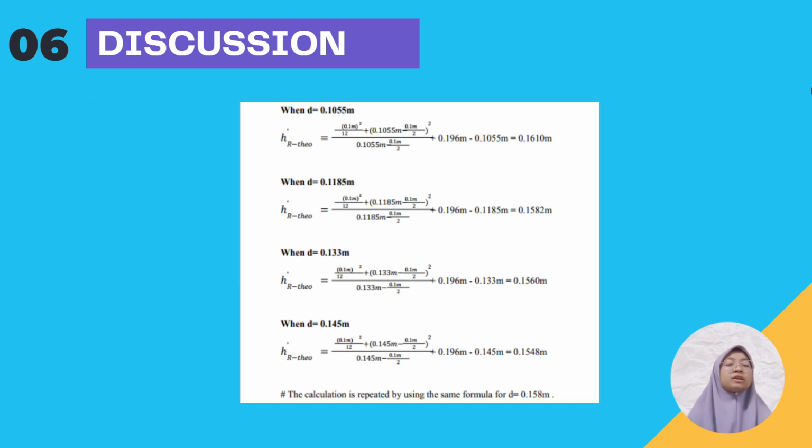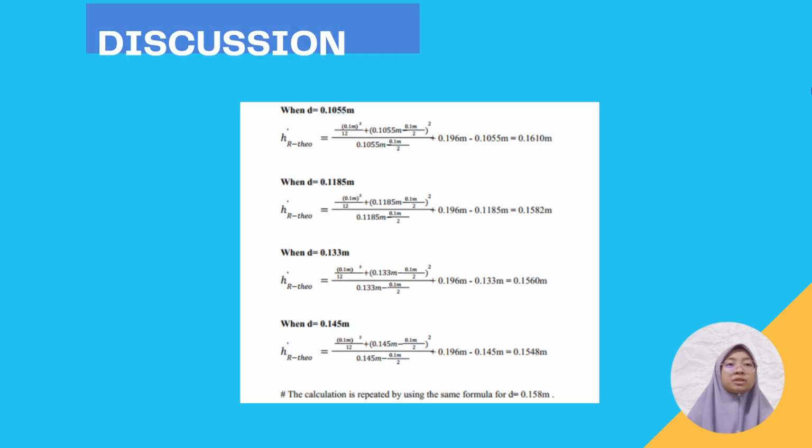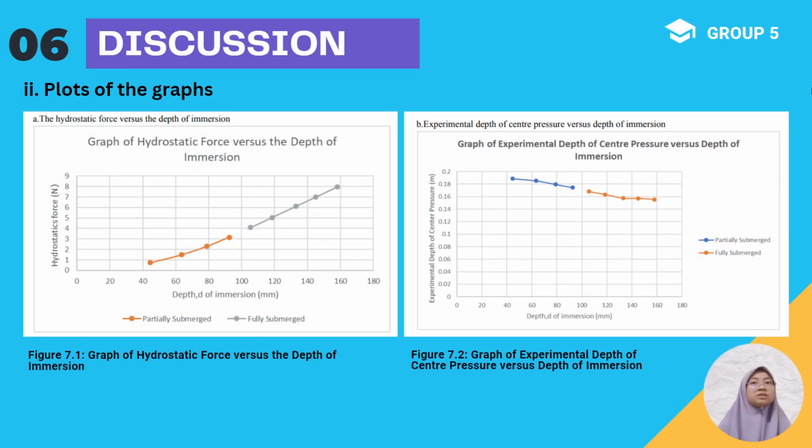We will get the theoretical depth of the center of pressure for the fully submerged vertical surface is equal to 0.1610 meter, 0.1582 meter, 0.156 meter, and 0.154 meter. The calculation is repeated by using the same formula for d equal to 0.158 meter. The second part of the discussion is the graphs, where they are illustrated in figure 7.1, which is